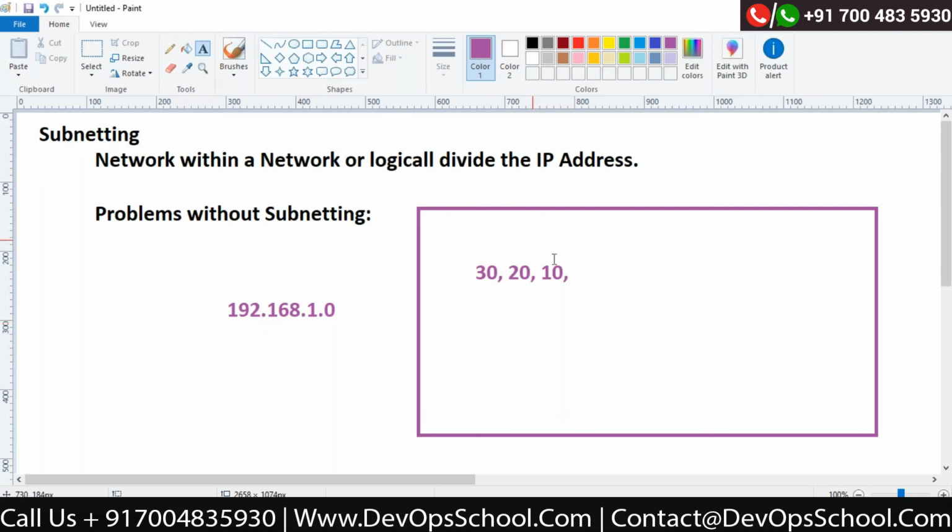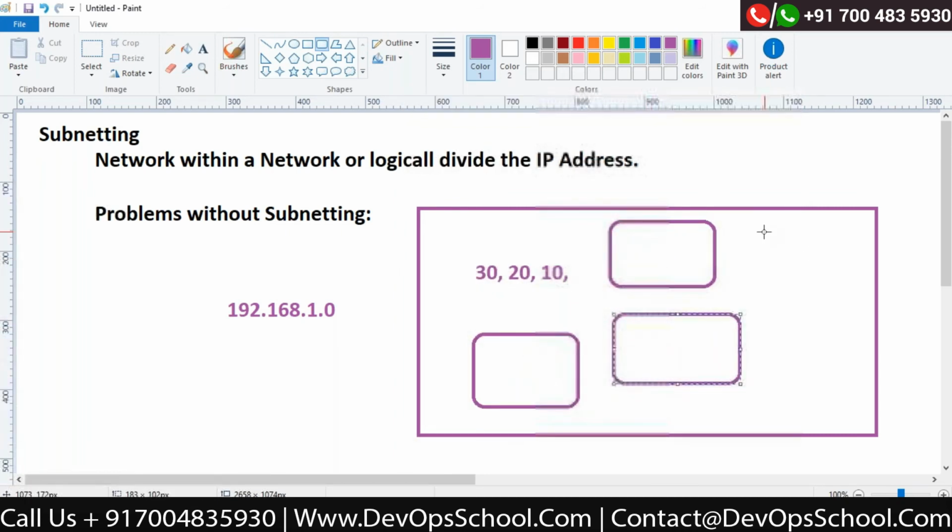So why should I have all these computers coming under the same umbrella, under the same IP addresses? I should create a small chunk as per the requirement whenever required. That will help me use the IP addresses properly, and utilization of the IP addresses would be done properly. So subnetting helps me to do this, and to make sure the IP addressing is done in a proper fashion.